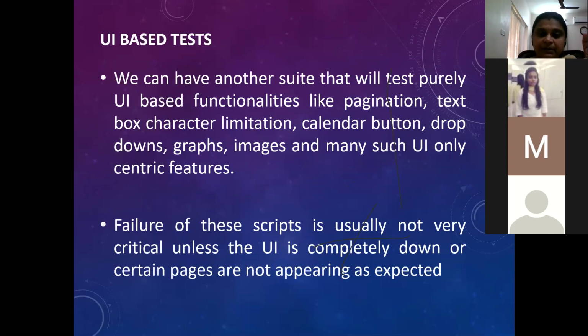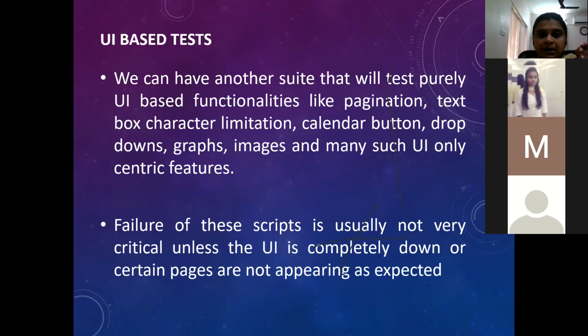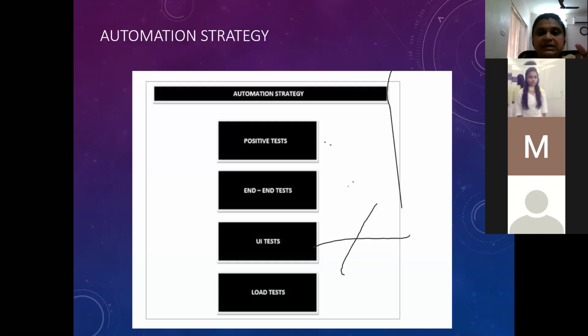This you separately automate. Now I'm talking about creating separate automated test suites, having a strategy on how you want to group. You cannot have one single automated test suite covering all types of testing. You can have, but it is not recommended. So do not do it that way. Yes, load testing, we already saw what it is. Have a separate suite for it. Like this, you can do. What did I speak about now? I was talking about what are all the things that can be automated.